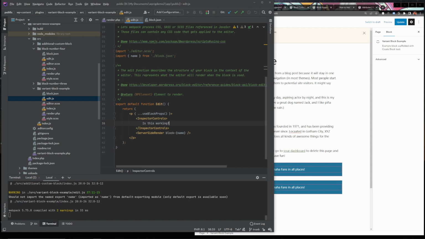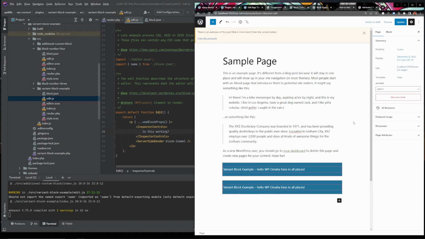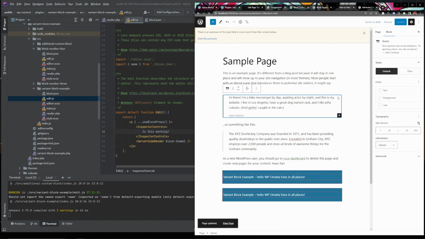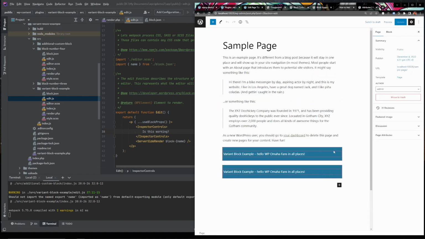Also be sure to note that I've already run npm start down here in the terminal on this plugin. Webpack is actively watching for changes in this edit file and recompiling my code in the build directory as I save. So now if we go over here and refresh,